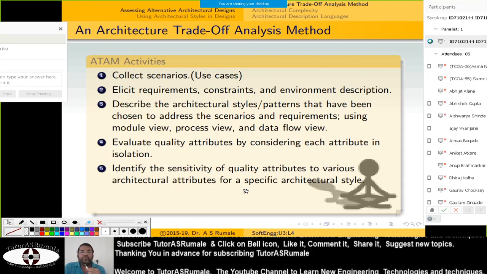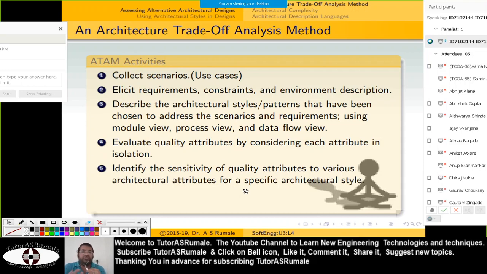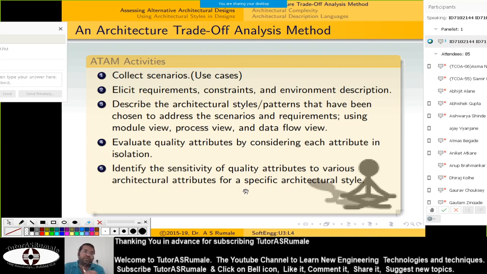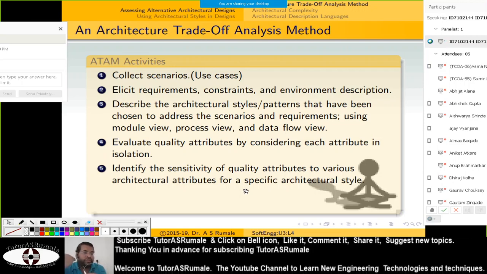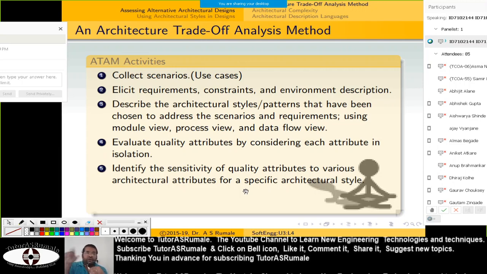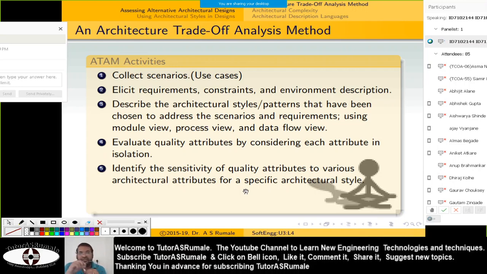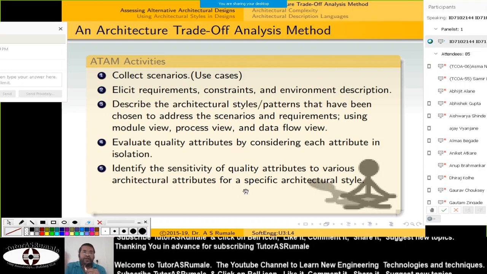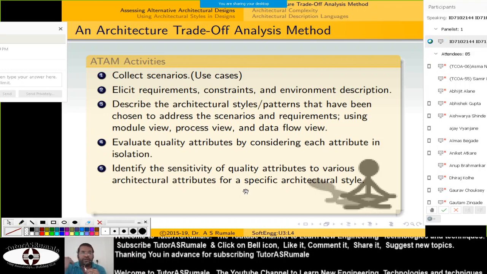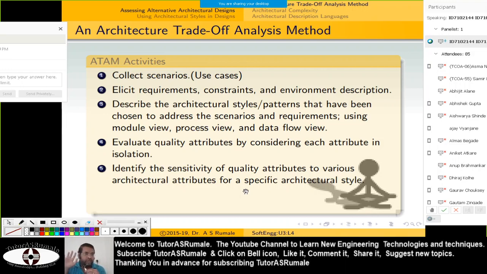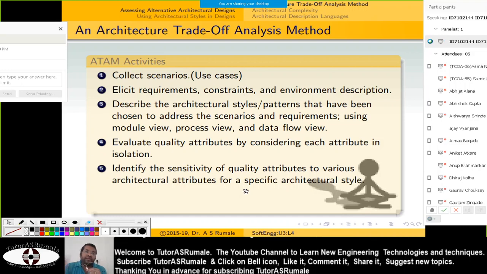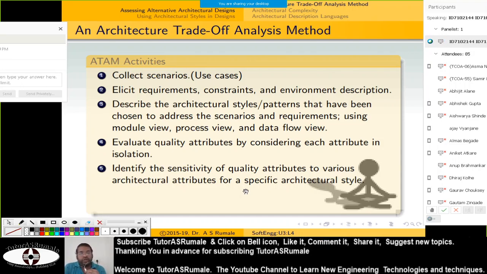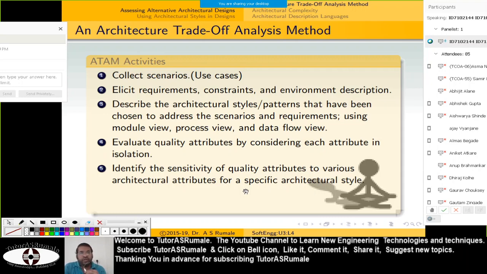The fifth step is you have to identify the sensitivity of quality attributes to various architectural attributes. For example, suppose you are doing some banking transaction. Your application is an online banking transaction application, and you sent 100 rupees. But due to a network failure, the amount is debited from your account but is not credited to the account where you wanted to transfer it.